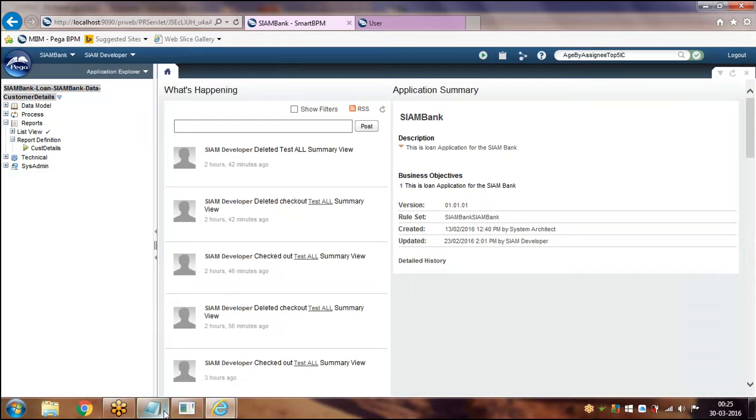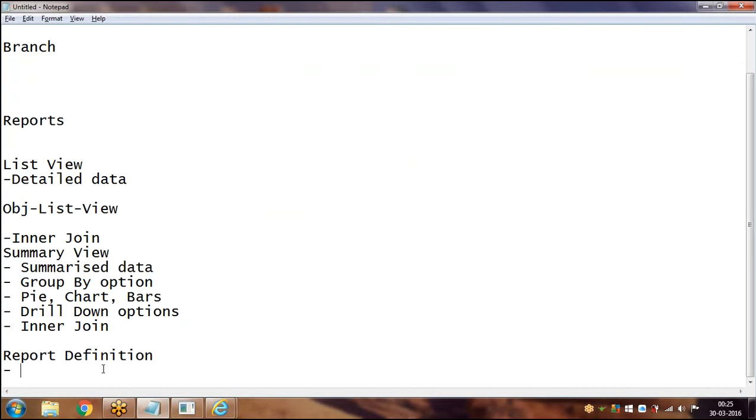Coming to the differences, you can say it is like a combination of list view and summary view. You can get the detailed and the summarized data. Whatever the report may be, you can develop summarized data.